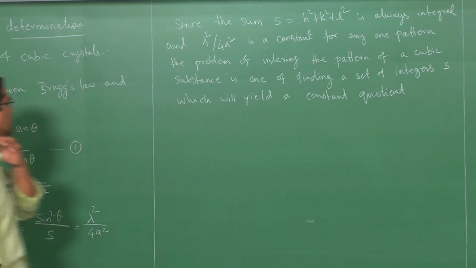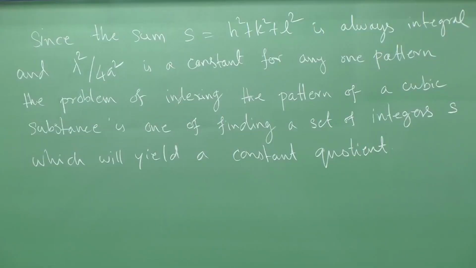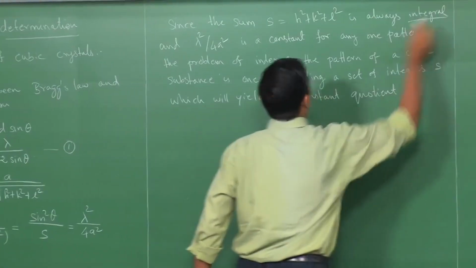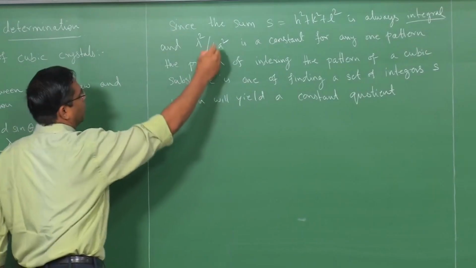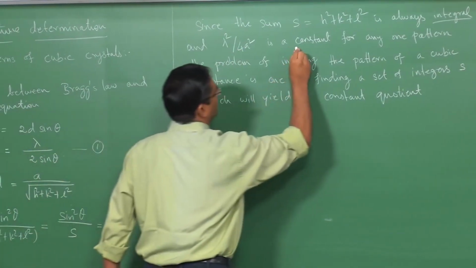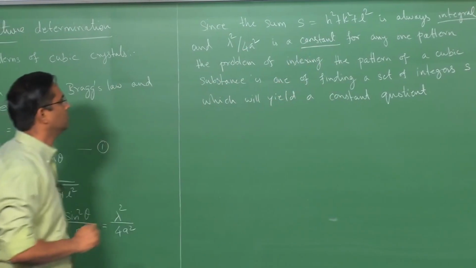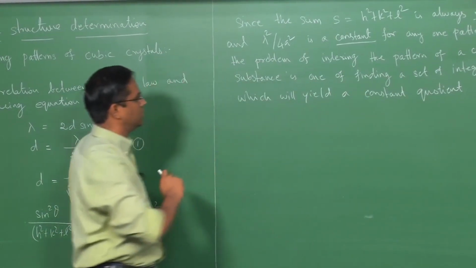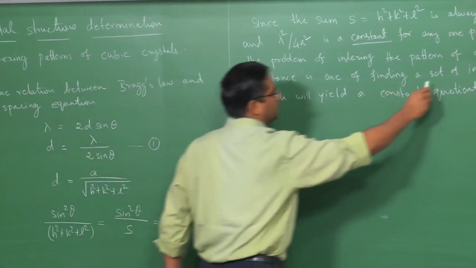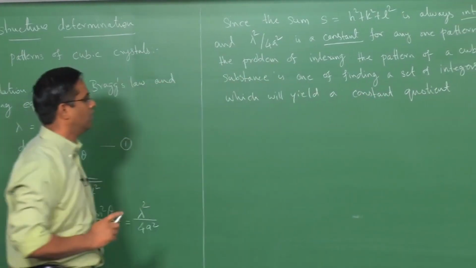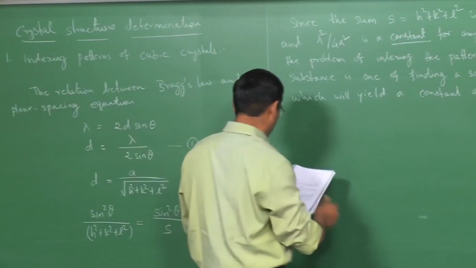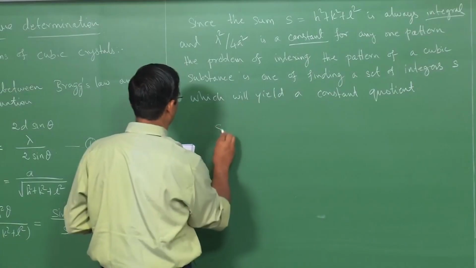So, what I have written is the sum h square plus k square plus l square, that is S, is always an integer, and lambda square by 4a squared is a constant for any one pattern. Then the problem of indexing the pattern of a cubic substance is one of finding a set of integers S, which will yield a constant coefficient. So, we can write for a simple cubic